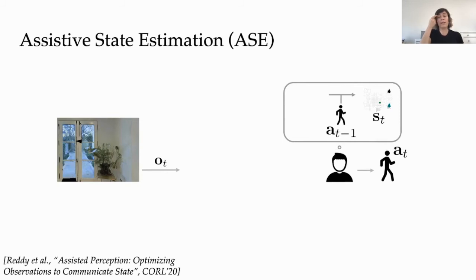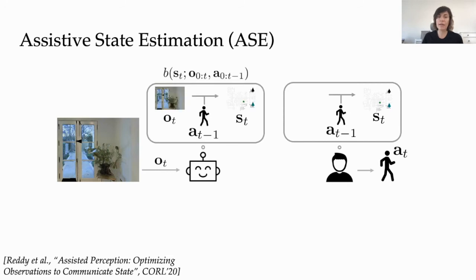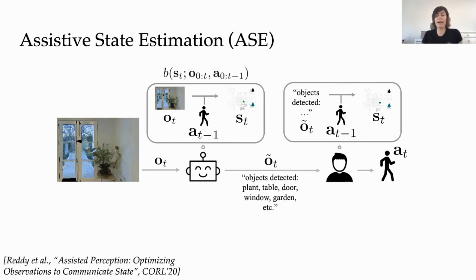So the way we operationalize this is by using an automated assistant to process the full observation on behalf of the user. This assistant performs state estimation unencumbered by systematic biases or perception difficulties that the user has. And then the assistant provides the user with a modified observation, this OT tilde, that when processed by the user suboptimally, incorrectly, it leads to them having a more accurate belief than they would if they just saw the raw,